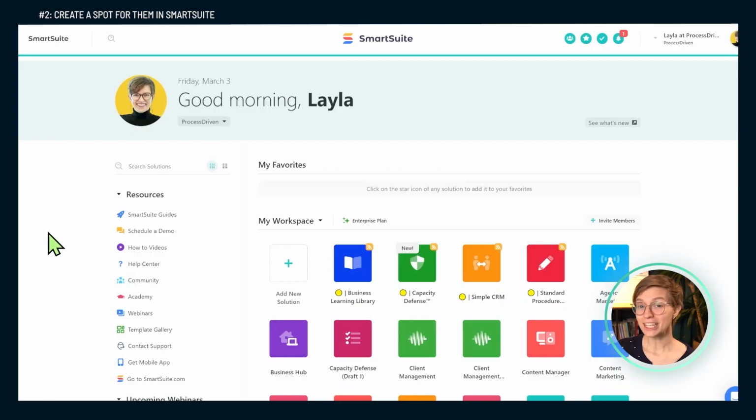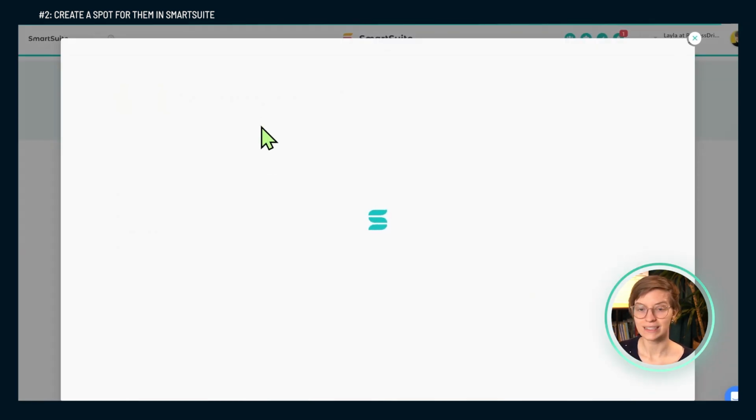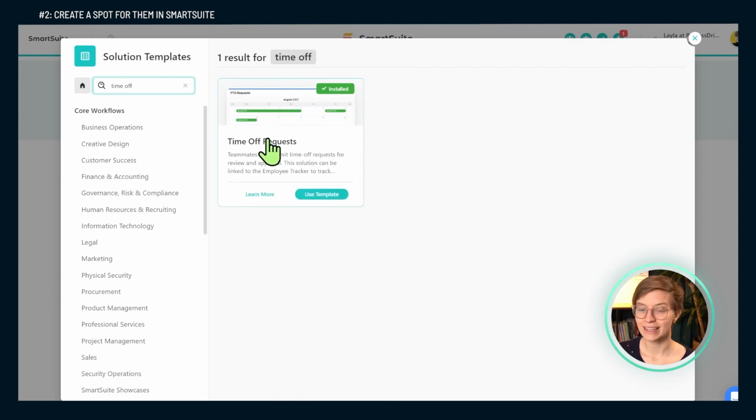Step two in our process of automation is going to the opposite side and figuring out our end destination. Where do we want things to end up? Lucky for me, I've already made my life super easy, and I've installed the template called Time Off Requests into my SmartSuite account. This template includes all of the key elements I need in order to bring this to life,